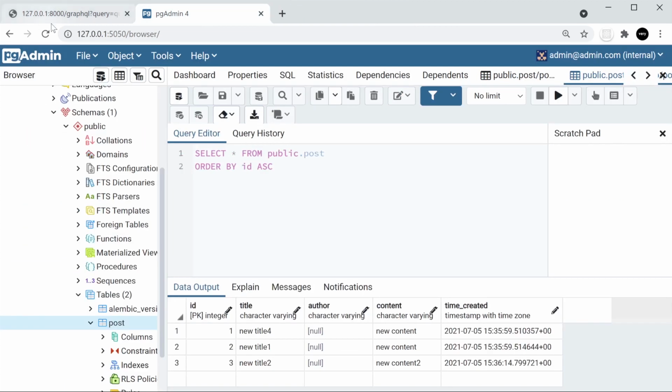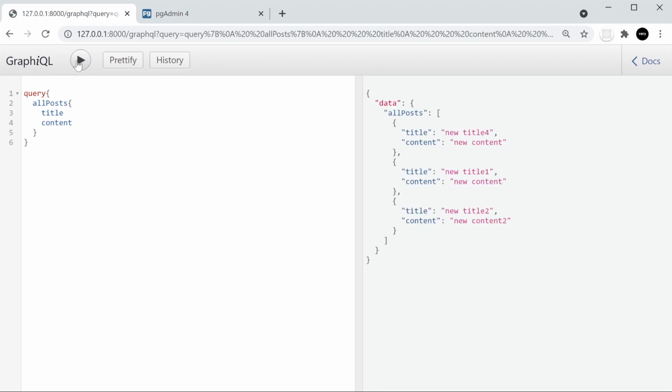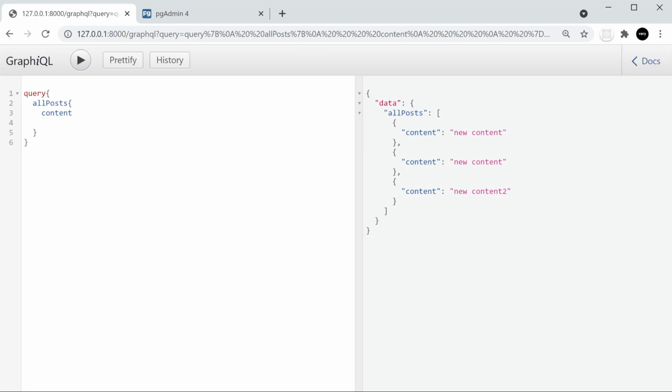Right, so now let's go back into GraphQL. Let's run our query again, and we can now grab all the data from our database and return it. And of course, if we didn't want all that, we could just produce the content and so on. If you're not familiar with running GraphQL